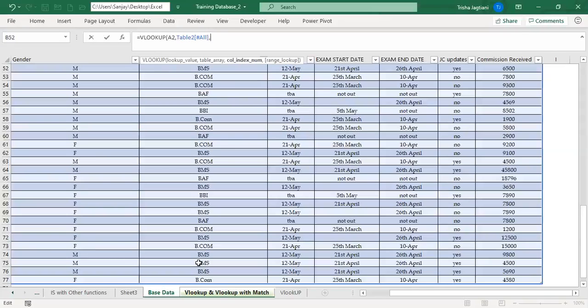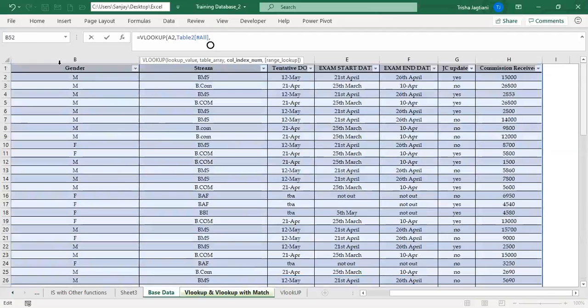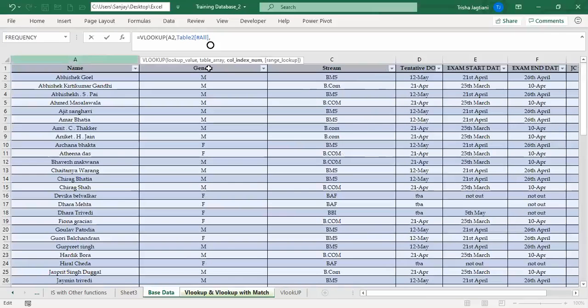Now column index number, like I said, for the tentative date of joining, I'll have to count from the first column, which is my lookup value, that is name, 1, 2, 3, and 4. So my column index number is 4.